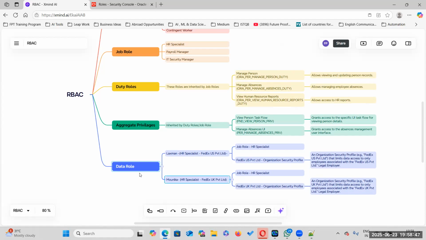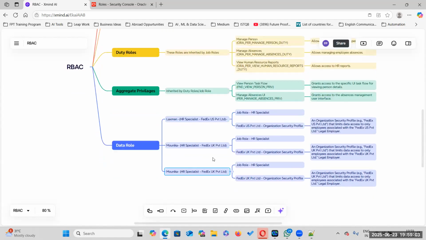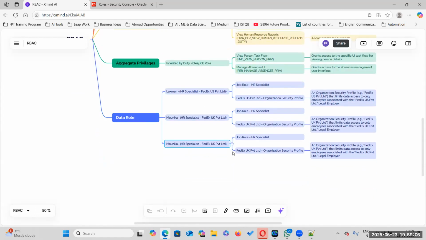Security profile means we are going to provide security on the particular data set. So if there are 10 HRs, I will assign each HR different access. Let us take, for example, 3 HRs, but we are limiting the view and the actions that these 3 HRs can perform in 3 different regions. Right or wrong? Right, yes, sir.